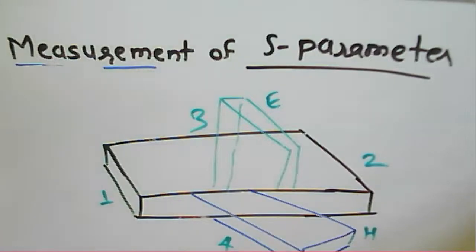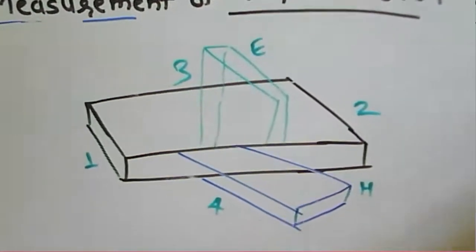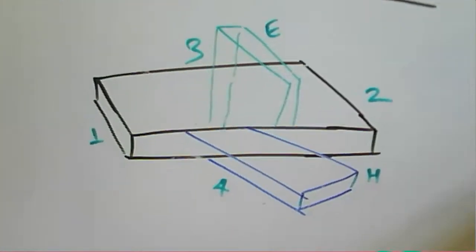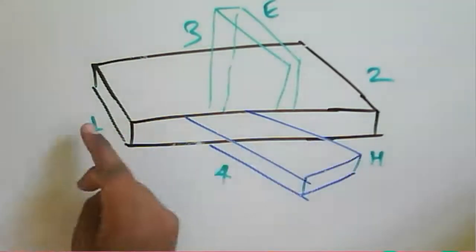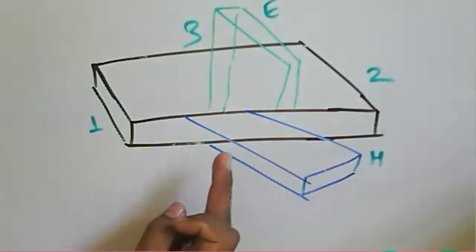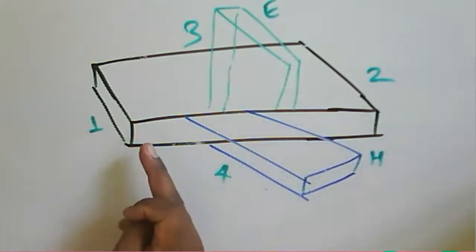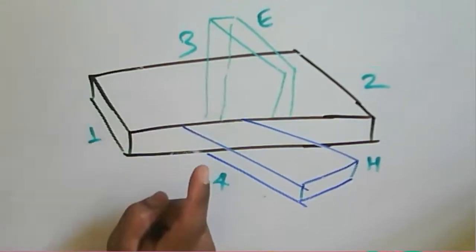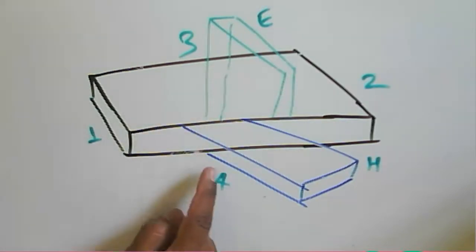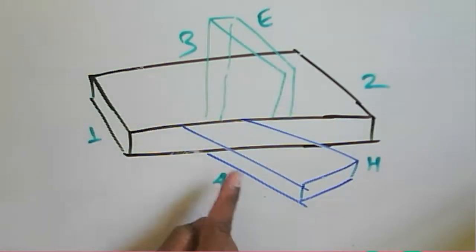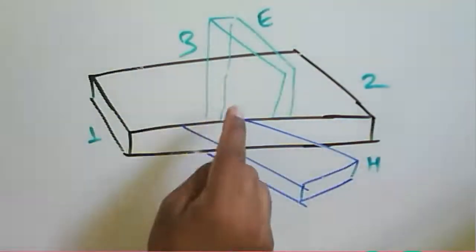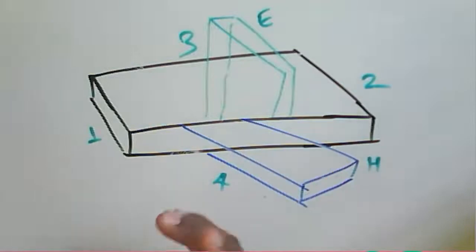Now here we consider the example of S parameter measurement for the magic T. The magic T has four ports. Port 1 is about the main waveguide, then port 2 here. Then we have the E arm, so that's why it's called the E plane T. This one is the H plane T, with the H arm and E arm. Both E and H arms are there,